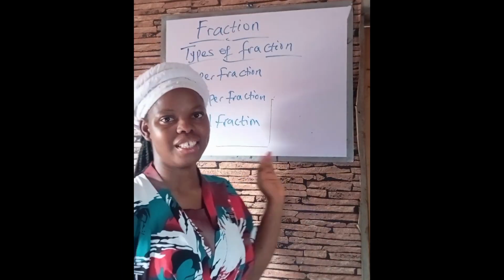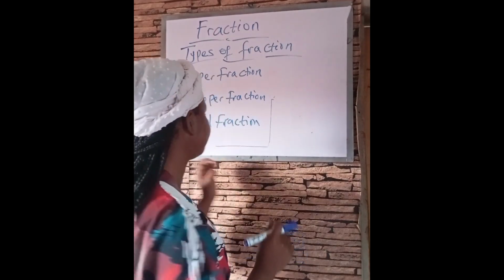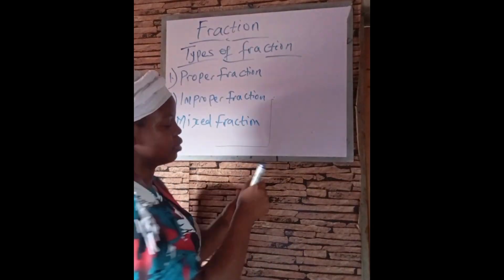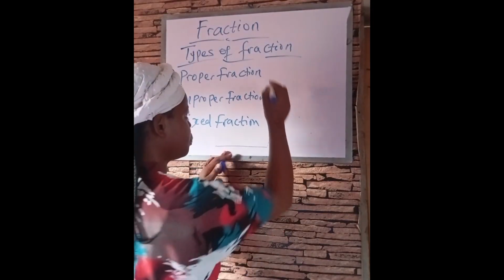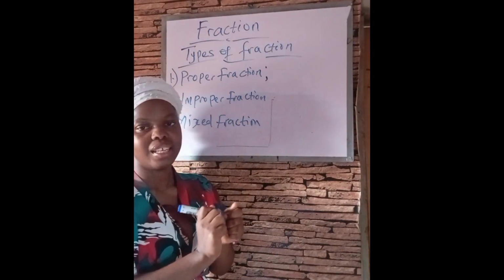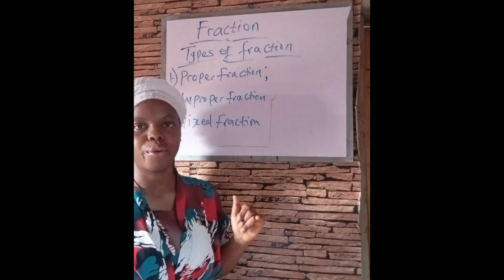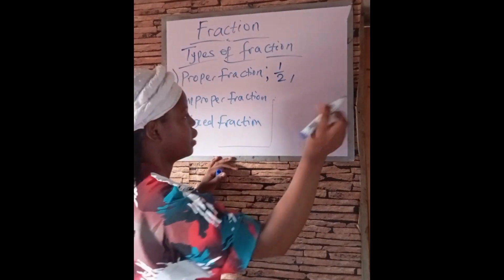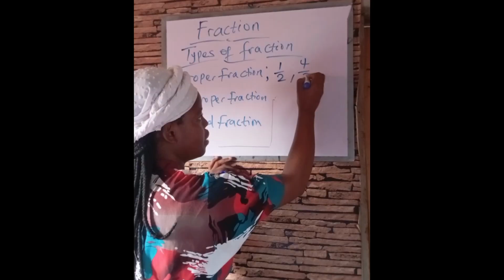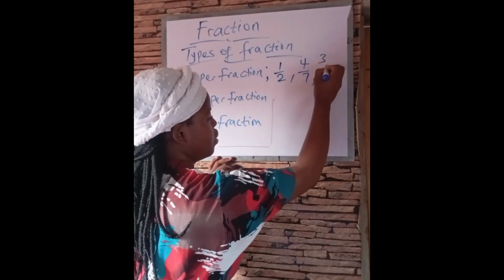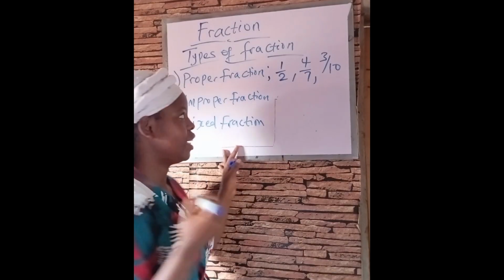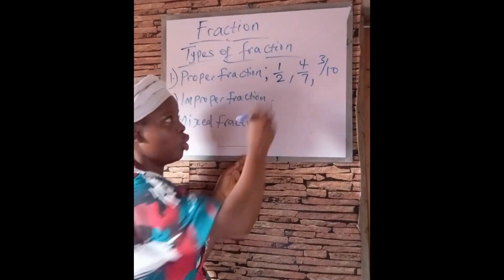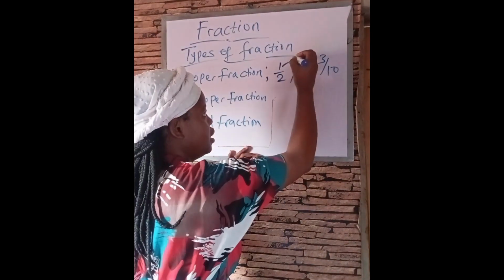The next thing to discuss is types of fractions. The first is the proper fraction. So what is a proper fraction? These are the normal, regular fractions that you come across. Like 1/2, let's say 4/7, 3/10. So in a proper fraction, you will have the numerator, the top number here,